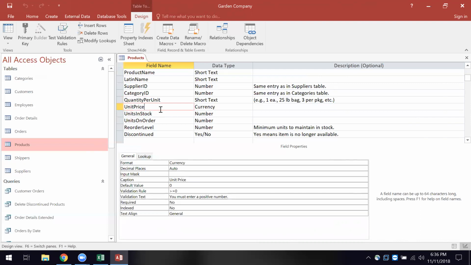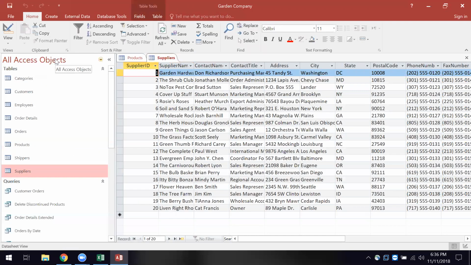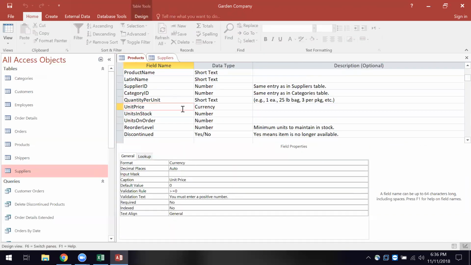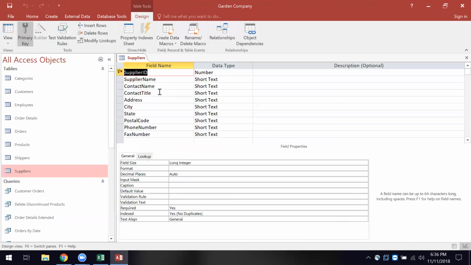Well, let's do something else. Let me look here for a minute. I've got the supplier ID, and I'm going to go to the suppliers table. And we've got their state. Okay. So I'm going to come up here on the suppliers. I'm going to close the products off first of all. And I'll come over to suppliers, and I'm going to come to design view. And then when I come down to the state,